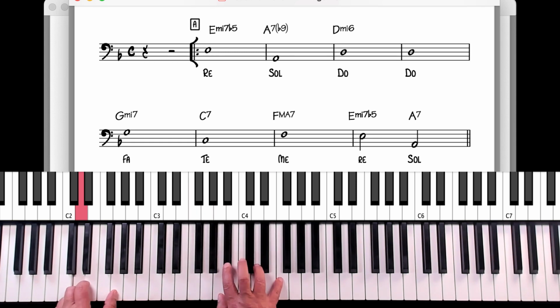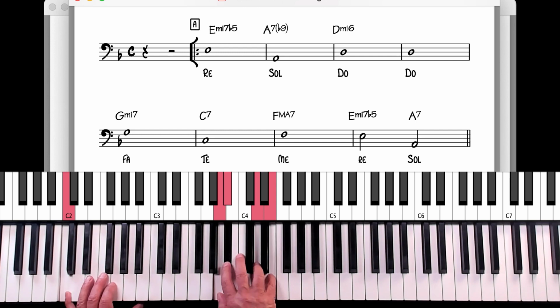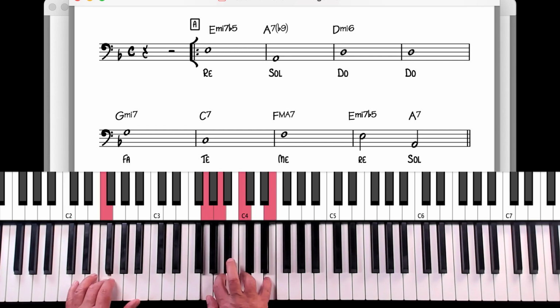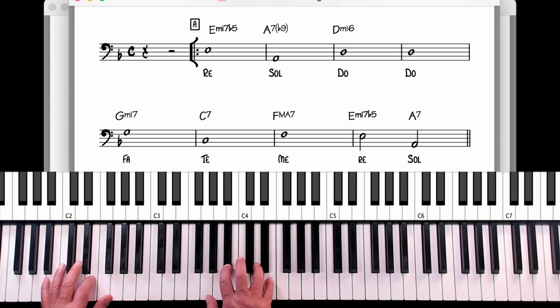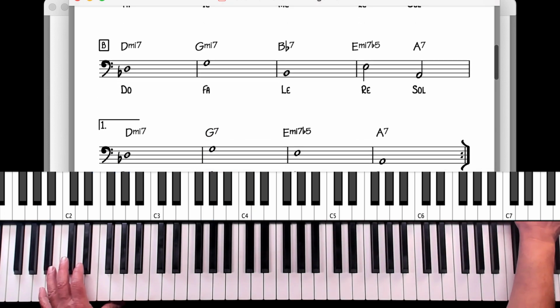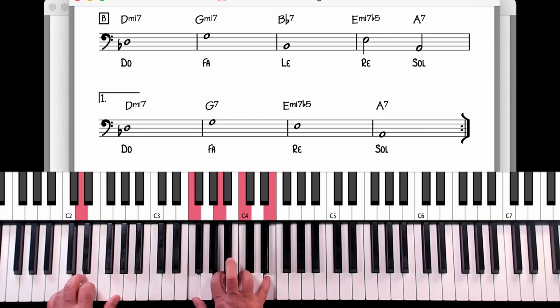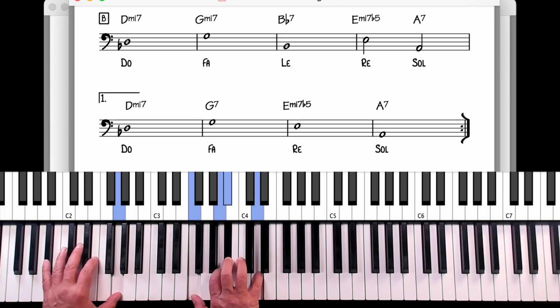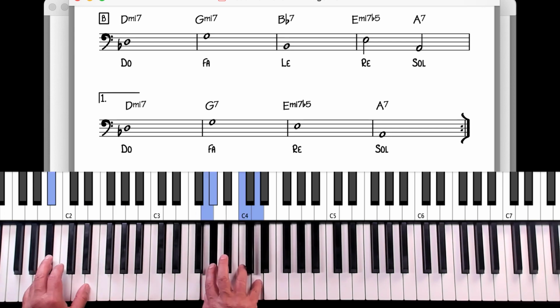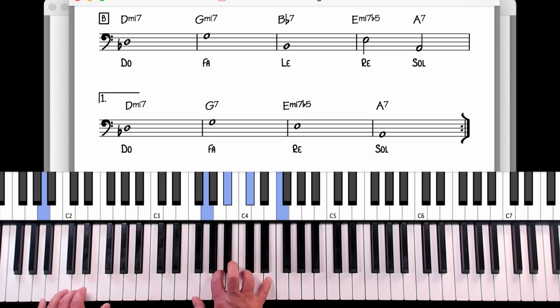Next line, fa, ti, mi, re, sol, and next two lines, 3, 4, do, fa, le, re, sol, do,